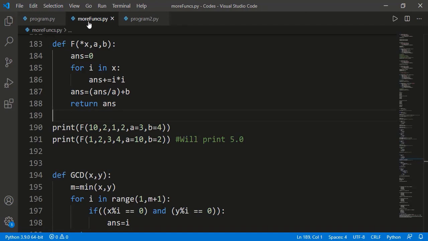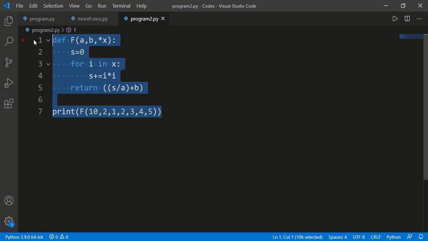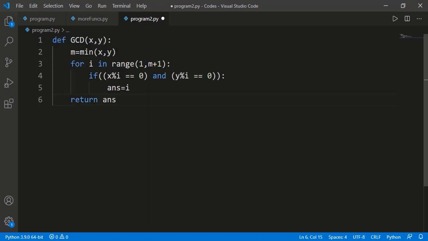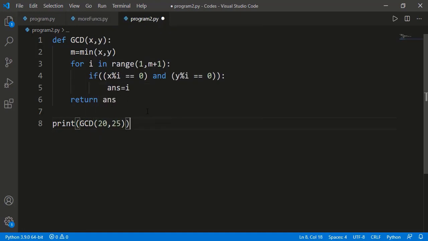Anyways, let's see one very useful case where we should use the variable length input argument. Here we have a function to calculate GCD, which is greatest common divisor for the two input arguments x and y. We also call it as highest common factor. The logic is that we will take the minimum of the two inputs, then we have the for loop from 1 to that minimum number, and we are checking if the loop variable is a factor of both inputs x and y. Hence we will get the highest factor from the loop and we are returning that. Let's apply this on 20 and 25 and the result should be 5.